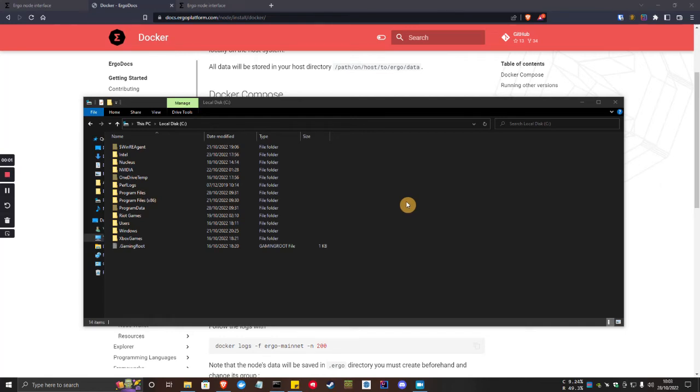Hello everyone and welcome to this Docker Compose Ergo node tutorial. Today I'll show you how easy it is to run an Ergo node, and how convenient it is using